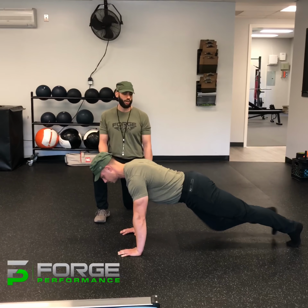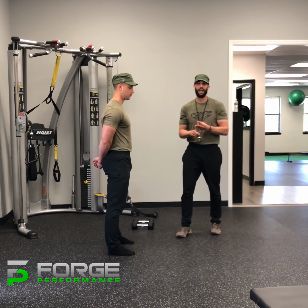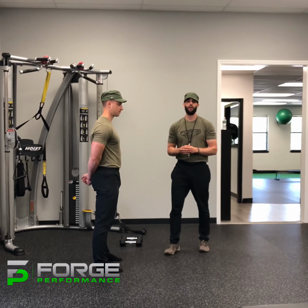Now, if you're one of those people that did really well on our trunk stability assessment, then we're going to show you how to perform a perfect push-up where you have no wrist pain, no elbow pain, no shoulder pain, just getting stronger every day. So to perform the perfect push-up, we're going to drop down to perfect push-up position, which means we're going to